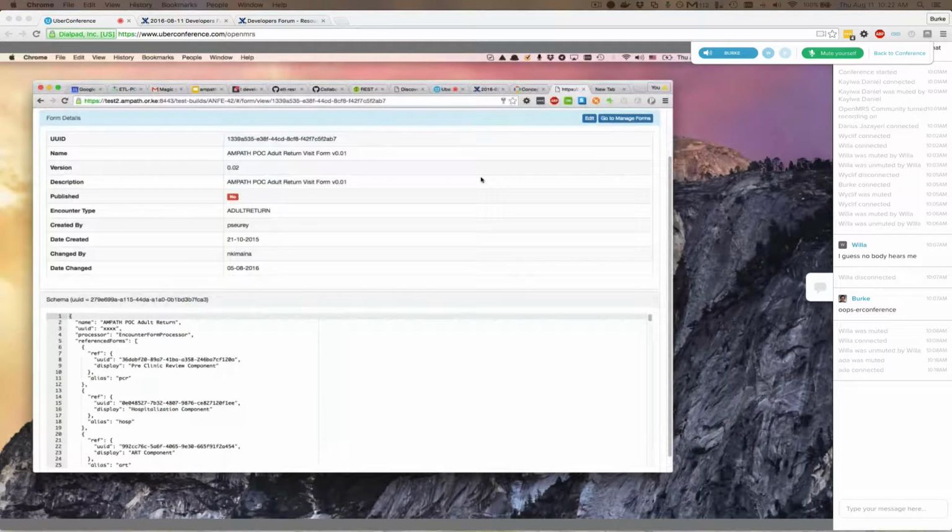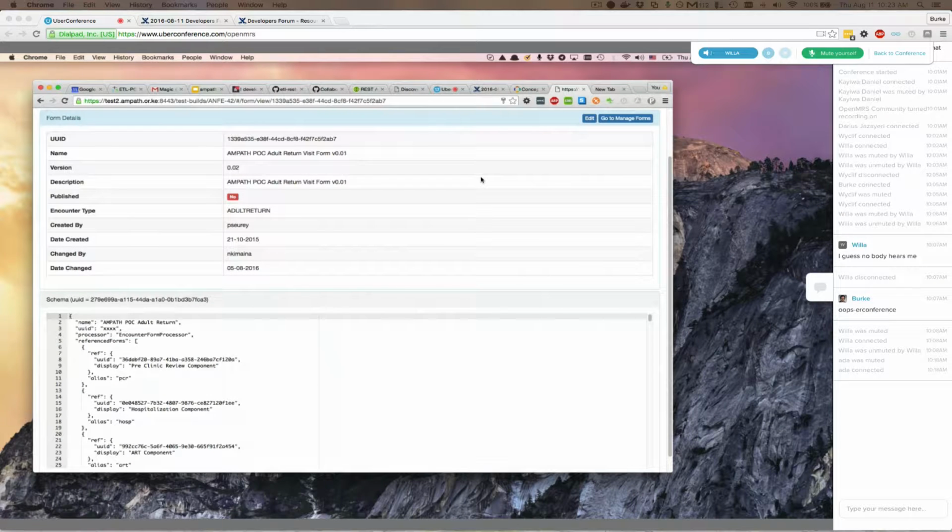Does your app try to do any kind of recognition of, say, you have an AMPATH form? I notice that you have the version number in the name as well as a separate attribute. Like this one says it's version 0.01 in the name and version 0.02 in the version number.